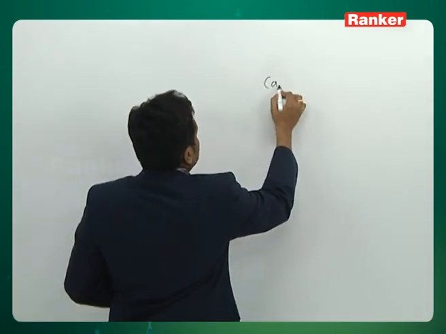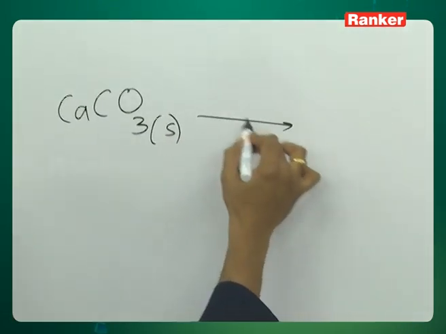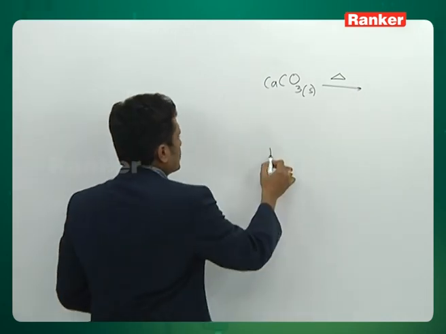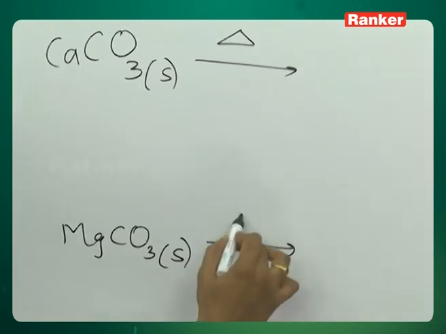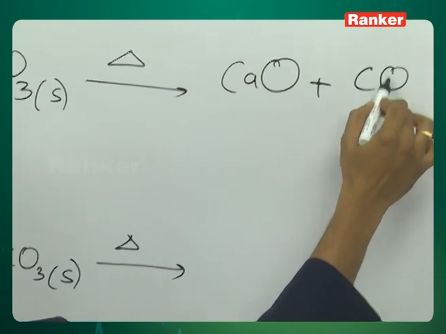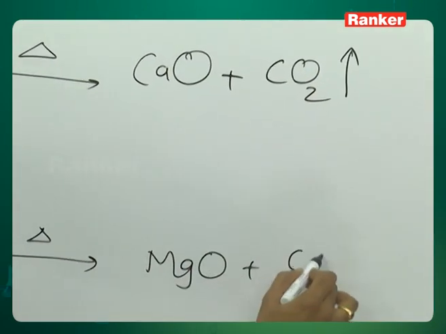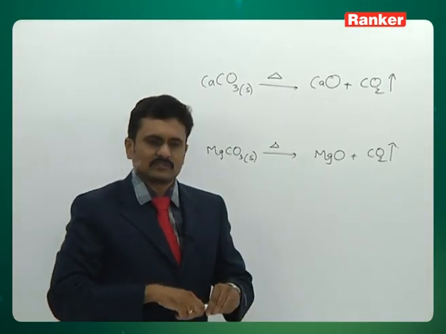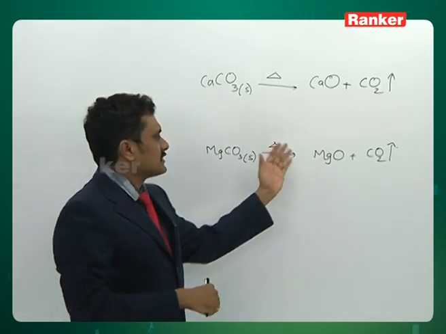Look at the solution, dear students. You have calcium carbonate, which is a solid indeed. You know that the carbonates of the 2A group are unstable to heat. So when they are subjected to heating, the oxides along with the CO2 gas are obtained. You know that MgCO3, I mean magnesium carbonate, and calcium carbonate, when heated, are totally converted into their